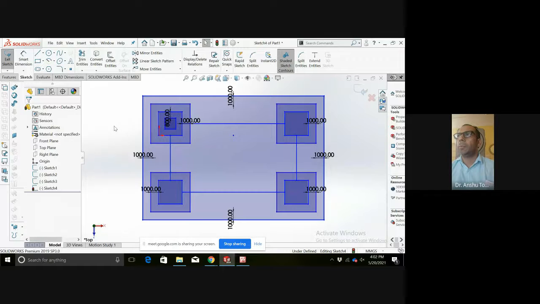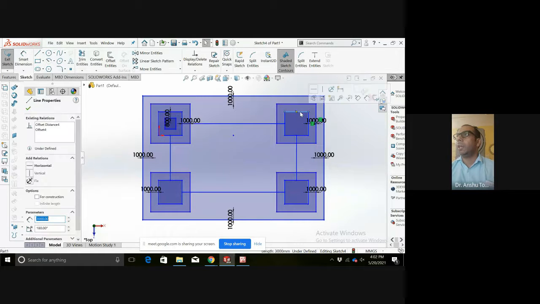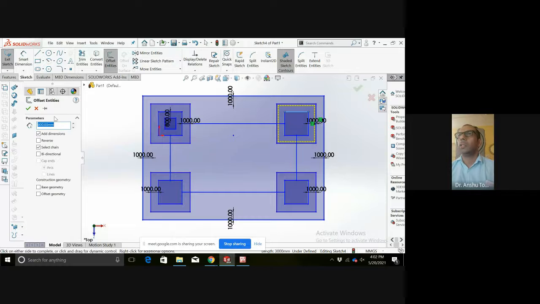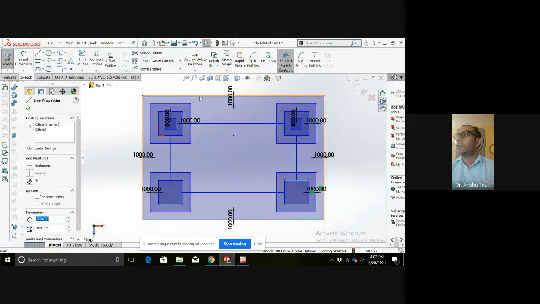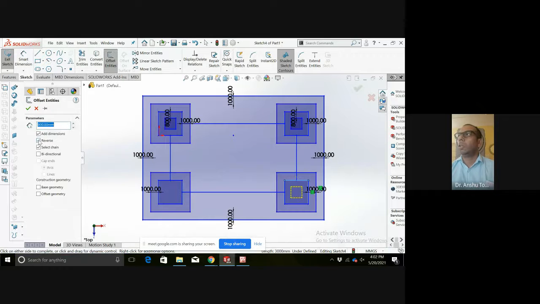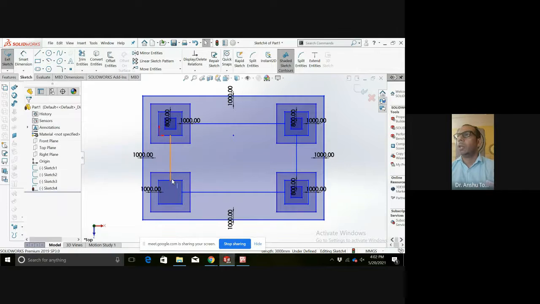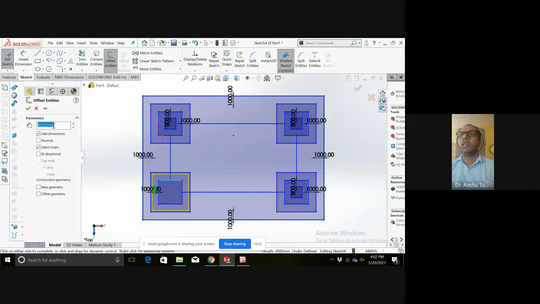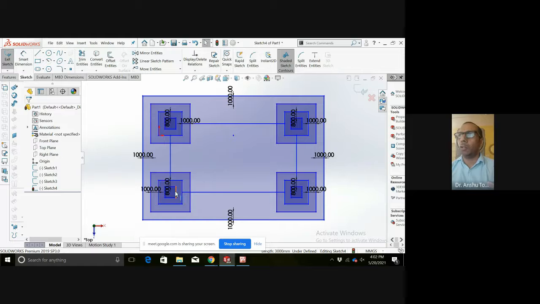Okay, this is our purpose. So I will execute the same here. Offset, reverse, 1400, offset, reverse, right, offset, reverse, because it's inside. If I uncheck it, it will make the offset outside. Now I've got the column also ready.